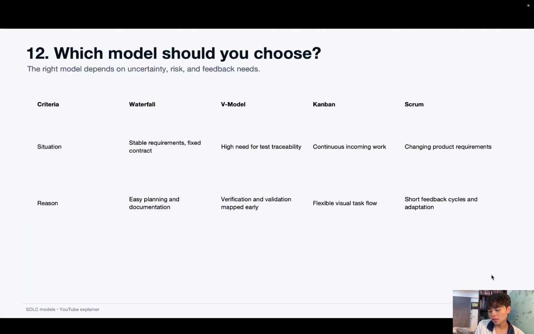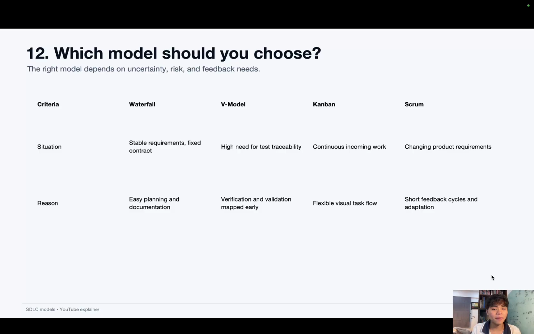I think it is best used for individual projects because you have fixed requirements for the project before you start, and also it is very easy for planning and documentation. The V model is more like a company framework because it requires a lot of testing for each SDLC step, a lot of verifications and validations,